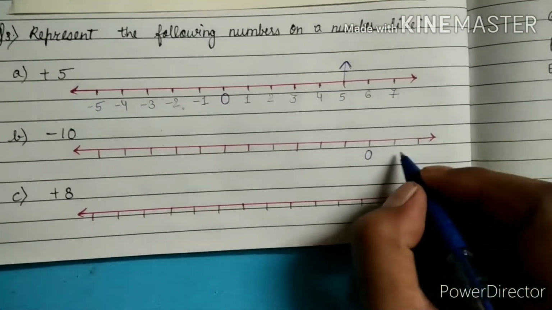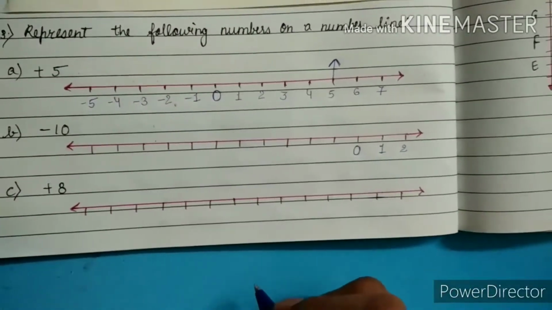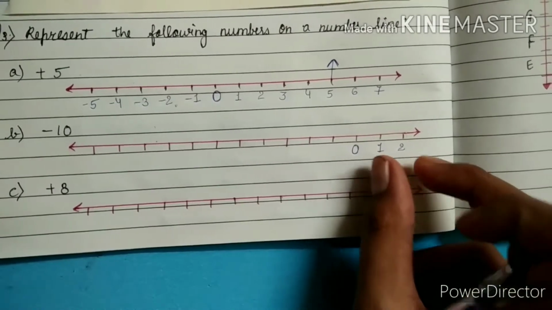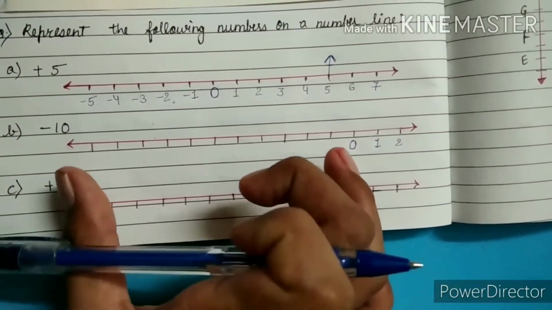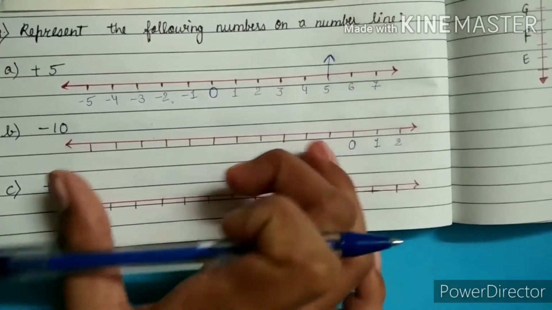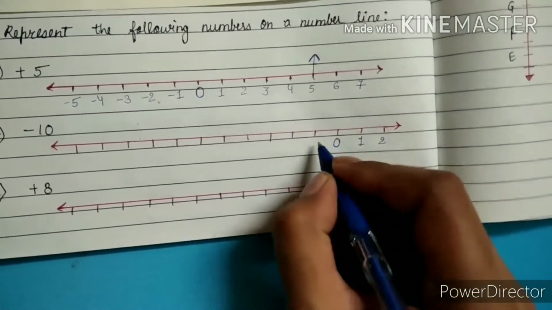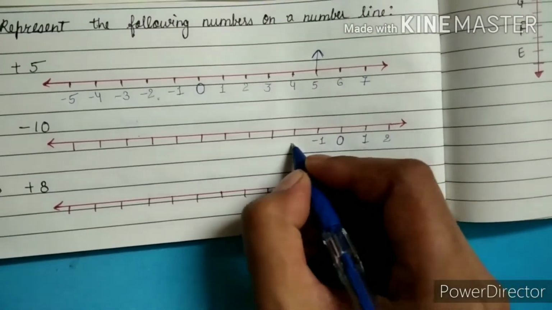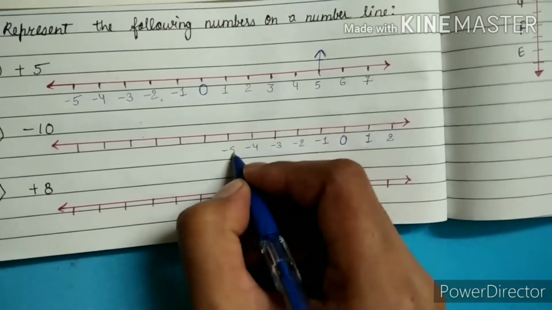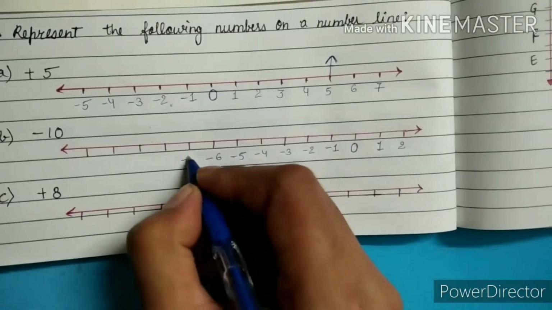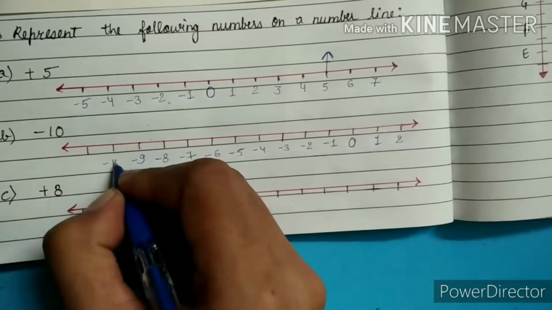On the right hand side we have positive numbers 1 and 2. Okay, don't get confused: because we have the use of negative numbers, that's why we are putting more negative numbers here. Now let's see. Before 0 which number is there? Negative 1, negative 2, negative 3, negative 4, negative 5, negative 6, negative 7, negative 8, negative 9, negative 10,